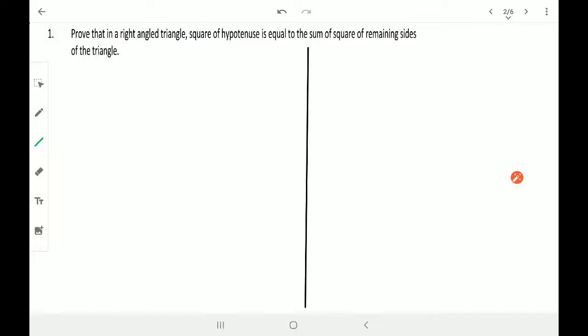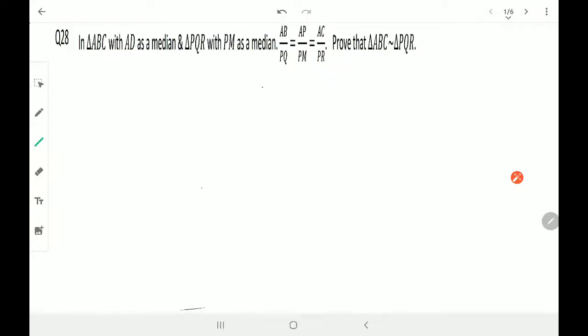We are about to finish this. This is the last section of the triangle topic, that is Pythagoras theorem. I know that we are left with this question which is considered HOTS. It's a question from the textbook itself. Quite important, quite difficult. So we are going to keep this kind of questions at the end, completing all these kind of questions.